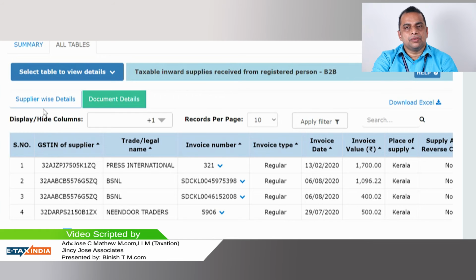There are two cut-off dates for GSTR 2B, but for GSTR 2A there is no cut-off date. It starts from the date the supplier files the return and it gets auto-populated. It goes on like that. But there is a cut-off date for GSTR 2B, and the eligibility is also mentioned.